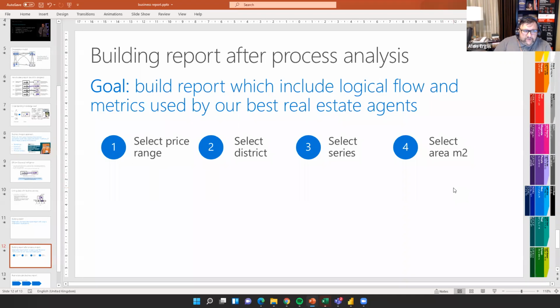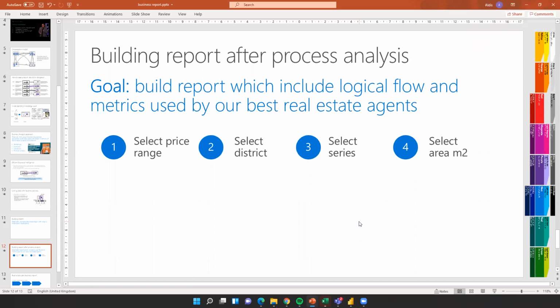So then you could come to this average price per square meter. So, and now you get the idea, you get the process, and what you need to create in a good business report. Actually, you need to build this logic in your business report and create this as a report instruction. So it should be a report wizard or report instruction that every sales manager opens,